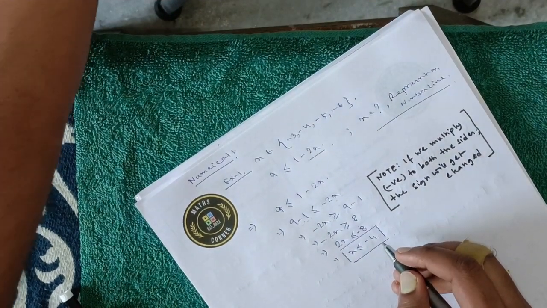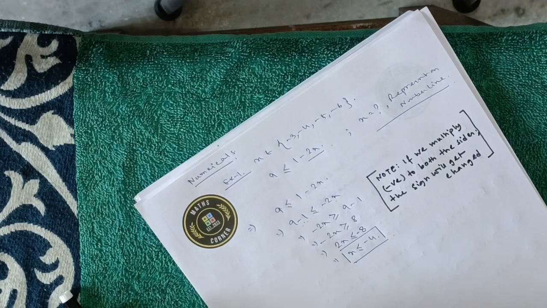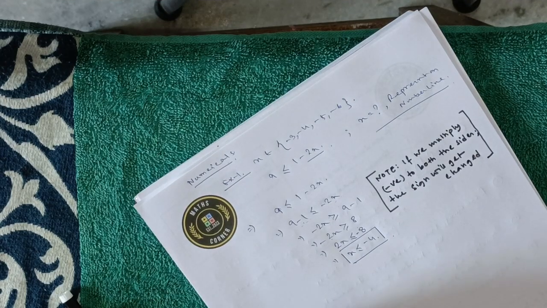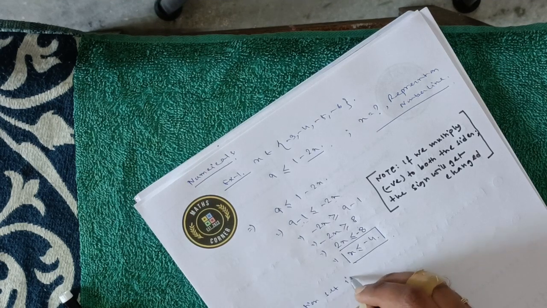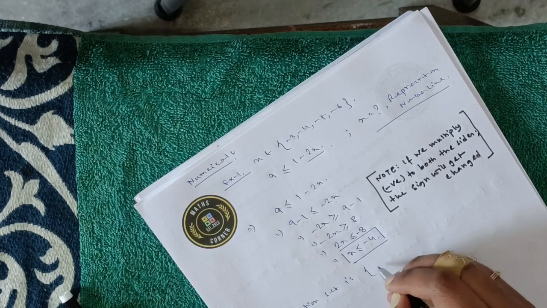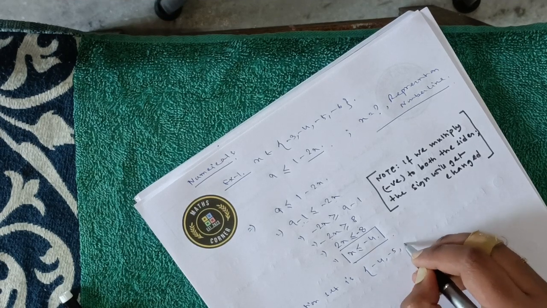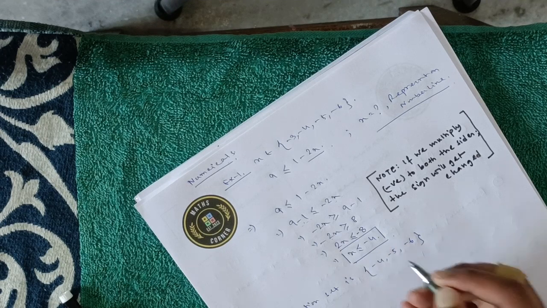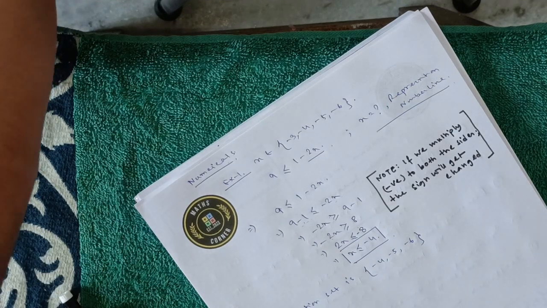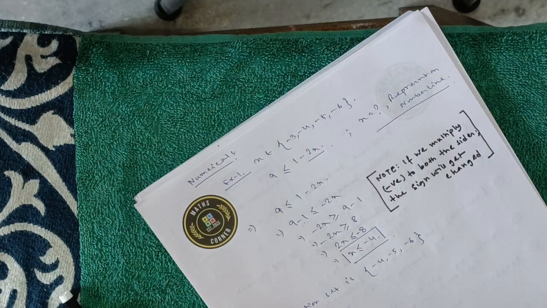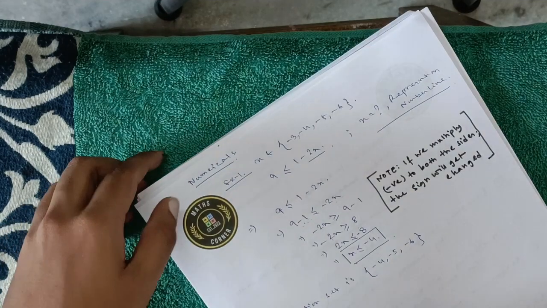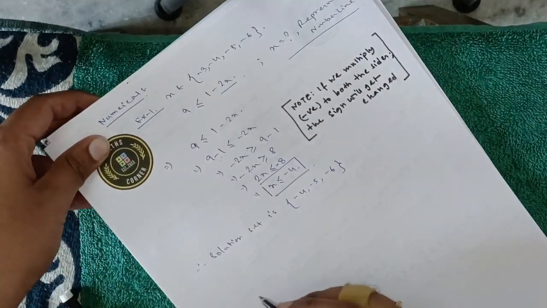So for having the solution set, it was given here. Therefore, you have to write in this way in the exam. The solution set is minus 4, minus 5, minus 6. It's less than or equal to, so it's minus 4, minus 5, minus 6. And for representing, I'm doing it with the pen only. For representing it